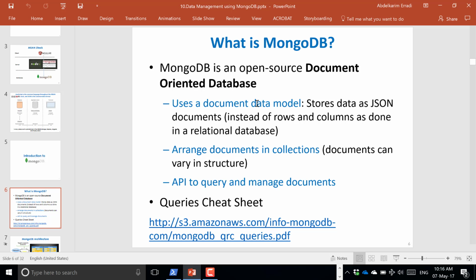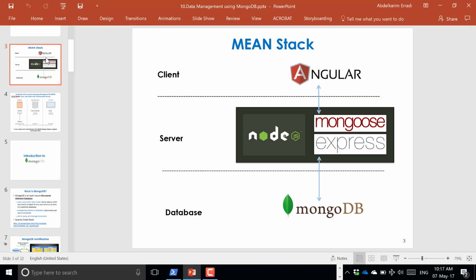And they're basically the same as in a relational database. We have the ability to query the data, typically using SQL. In MongoDB, as an example, we have an API to read and write the data. It's not SQL, it's some other API and some other language to interact with the database. Okay, and just to give you a big picture,